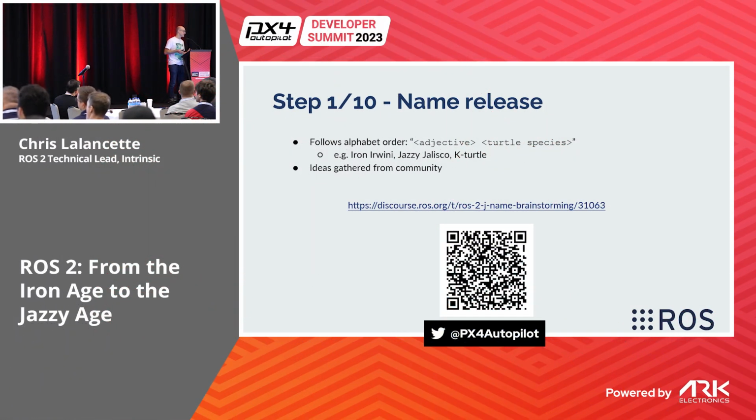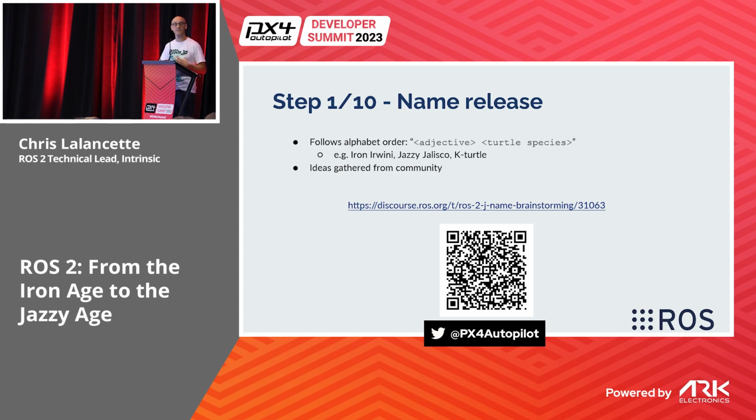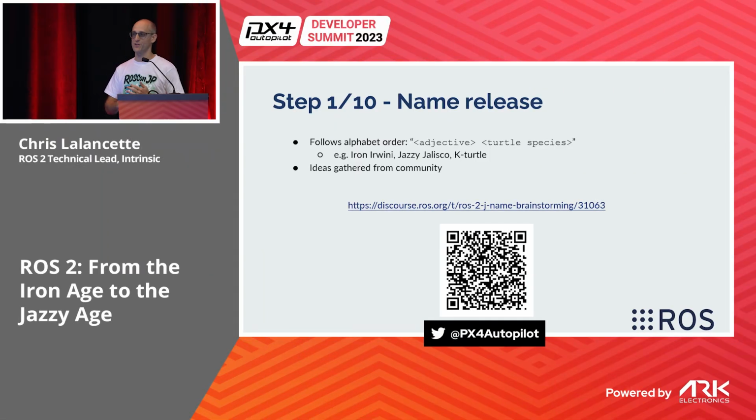First of all, we name the release. This is maybe not that interesting, but it's part of the fun of ROS development, which is we get these names. So we send out a post on Discourse. We get some ideas from the community. Actually, we get a lot of ideas from the community, and then we compile that list. And the ROS 2 core team then goes ahead and votes on the different options. And we have to eliminate some. We can't take things that are copyrighted. No Ninja Turtles, unfortunately. Things like that.